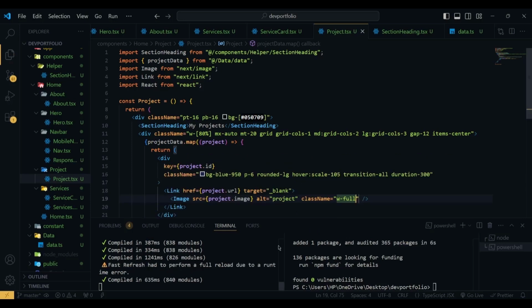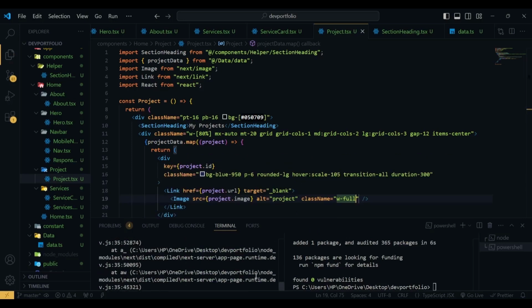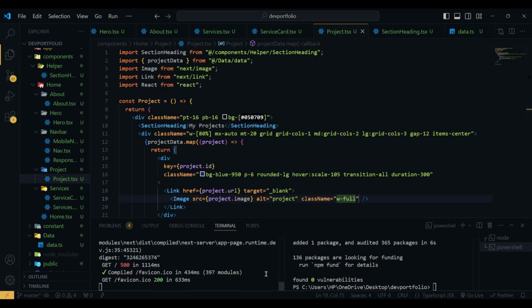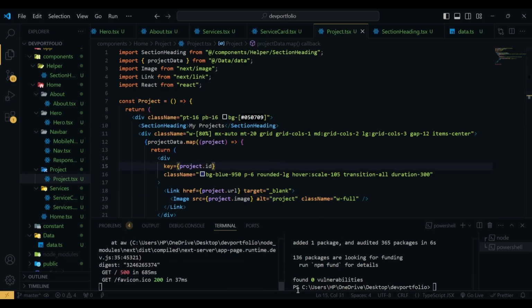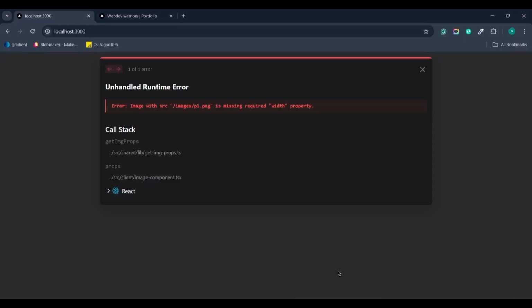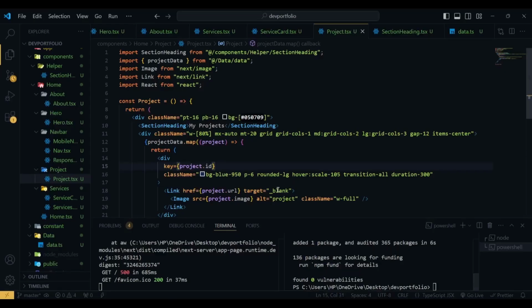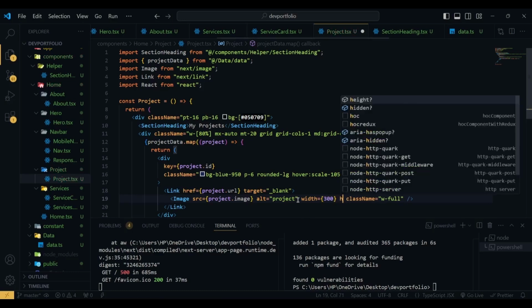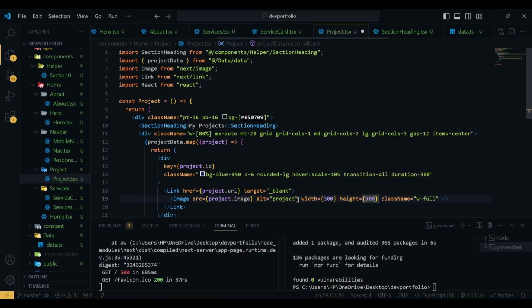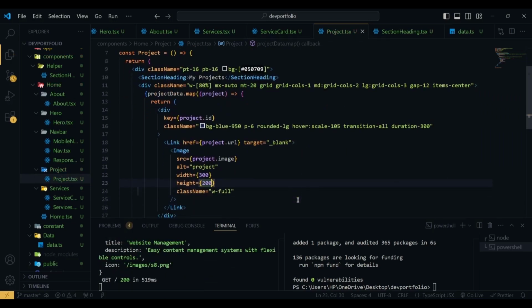Now if I hit save, here maybe we have some error, so let's see what we missed here. So we missed the height and width of our image. So the width will be 300 and height will be 300. Now height will be 200. Now if I save,